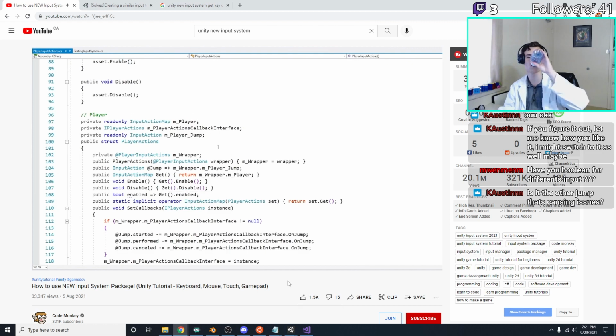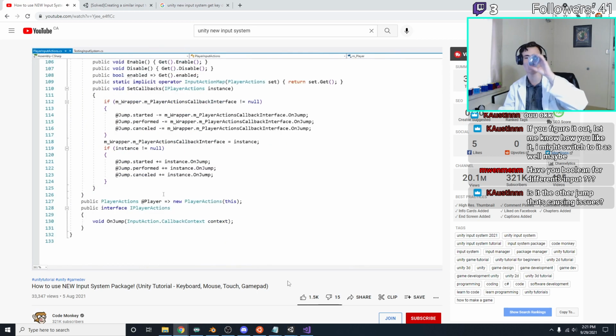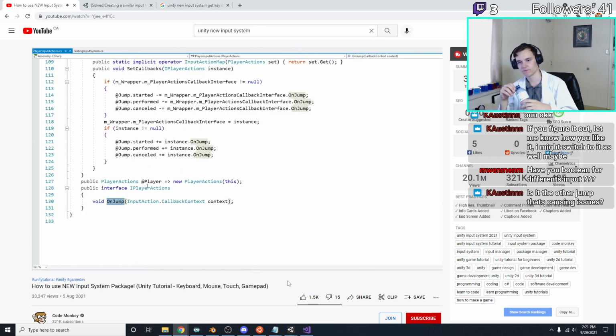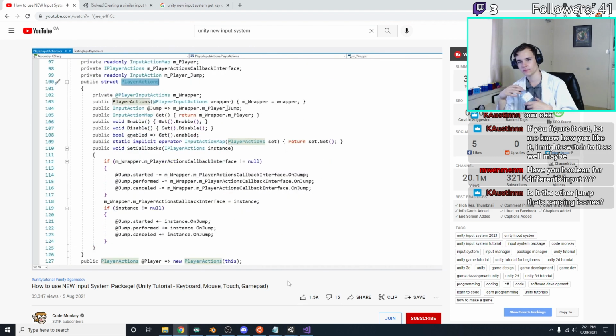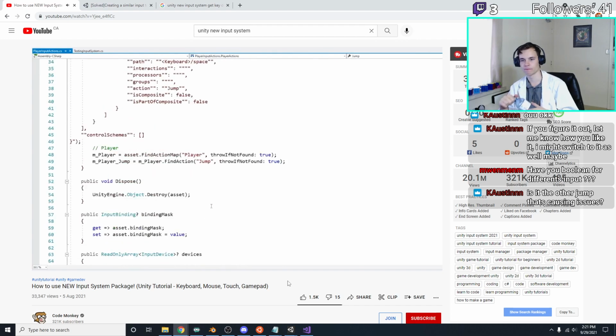So for example, we define a player action map, and over here we can see the player action map right in here. And then for the player, we define two actions, so we define the jump action. So over here we can see an interface that implements the jump action, and over here the player actions. So all this code is dynamically generated. So we've got our jump action and the various events: start, perform, and cancel. So you really don't need to worry about how this script works, but if you want, feel free to